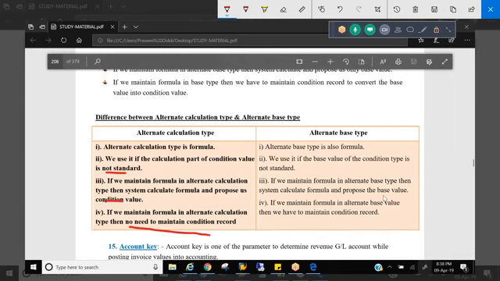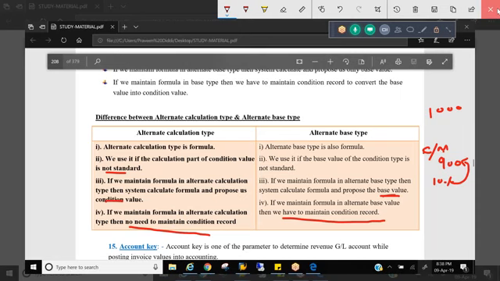But here the system will give you only the standard base, saying that if this customer is buying this material, usually the material price is 1000, but for this customer the system will tell you to charge 900. But if you want to give 10% discount on what you calculate on this, for that you need to maintain a condition record, right? So here the system will give you only the standard base, but you need to maintain a condition record on the standard base. Right? So that's the difference between calculation type and base type. So please go through the document pricing by Eddie. It will give you a better idea on what it is exactly, right?